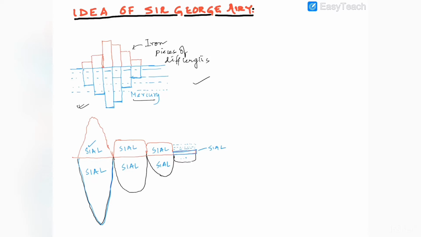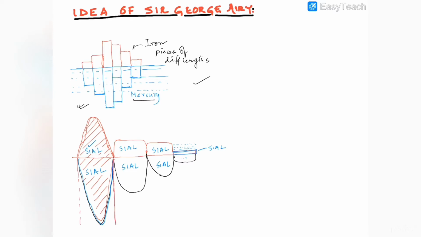Okay, and Airy was actually trying to explain why the Himalayan attraction force was very less despite the Himalaya being of such enormous size, and he said it is because the Himalaya was made up of sial. That is, silicon and aluminium, both are lighter material, and then there is a larger root which is again made up of sial. So if this huge mass with a root is both made up of sial, and in this column